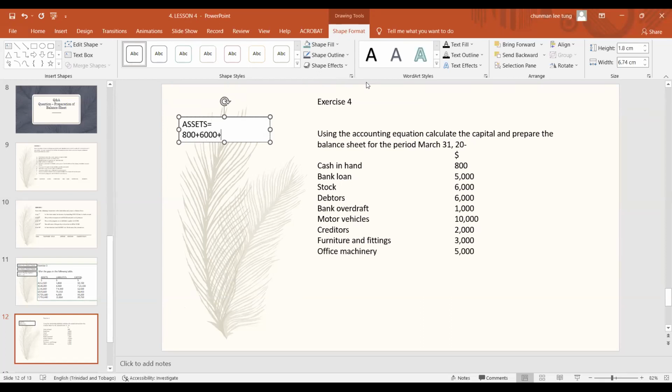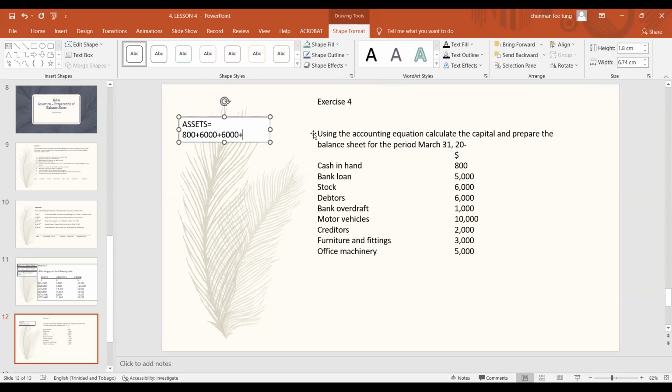Let me call it out. So it would be your cash in hand, 800, plus your stock, which is 6,000, plus your debtors, which is another 6,000,